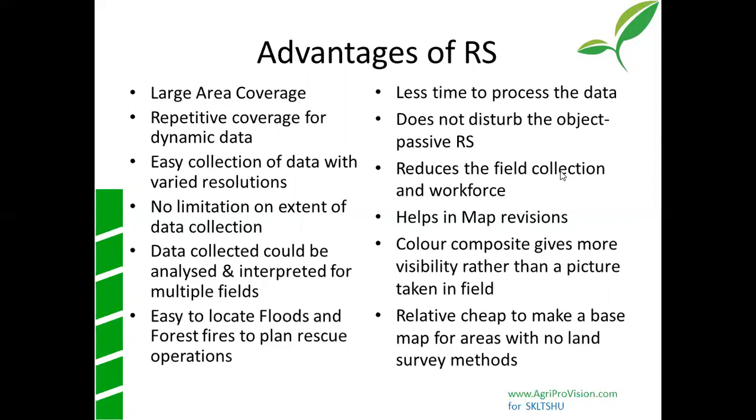For example, if you already have an existing map which is very old, like about a 50-year-old geographical map, you can take the same map today, do a contour mapping and say, okay, 50 years back this is how Hyderabad looked, and this is how Hyderabad looks now. The extent of Hyderabad was maybe around the inner ring road, but now it has gone beyond the outer ring road, and it has expanded about 4, 5 or 6 times, whatever the multiple. The color composite also gives you more clarity as to what it actually is, rather than looking at panchromatic black and white images, you can see the composite colors.